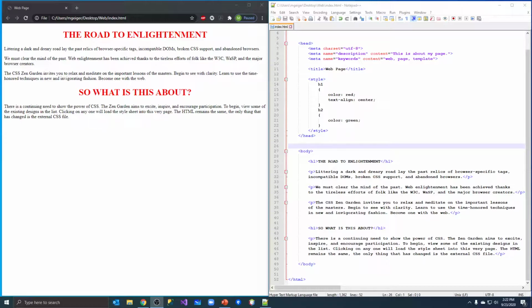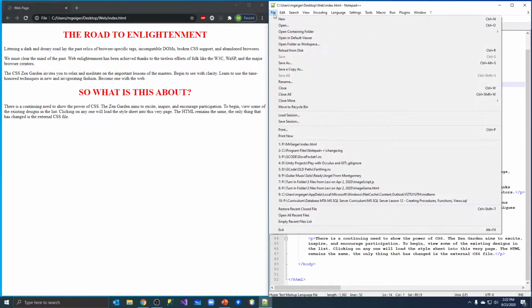To do that, we have to link all those pages to our external style sheet. But let's start with making the style sheet first. So right now, we have these styles embedded into our HTML document. Instead of doing that, let's make a brand new document. So I'm going to File, New,